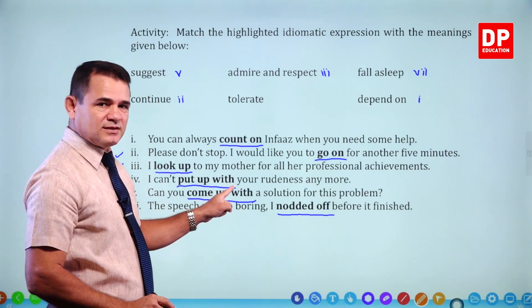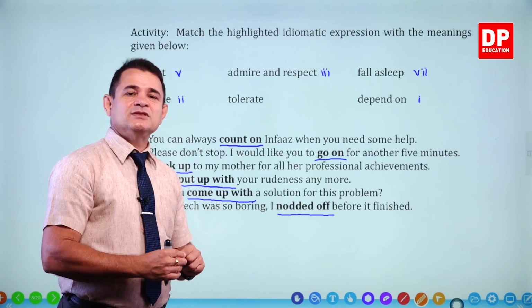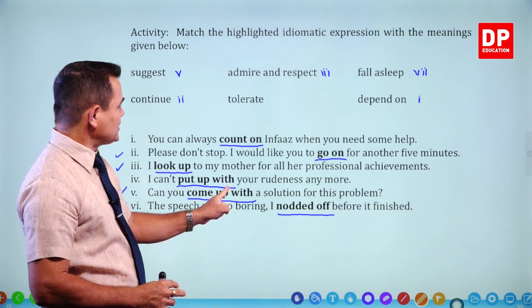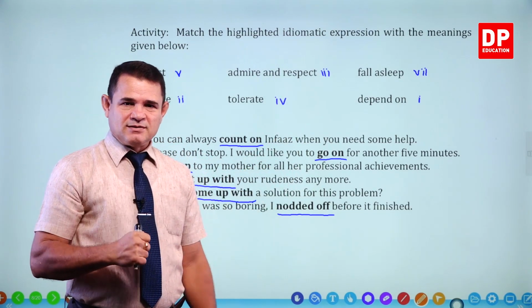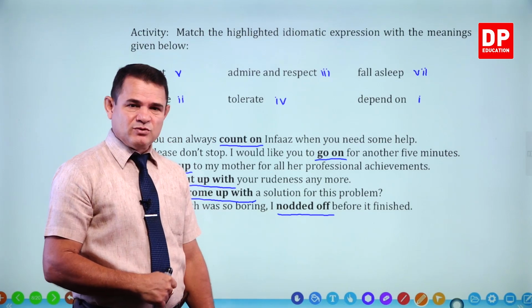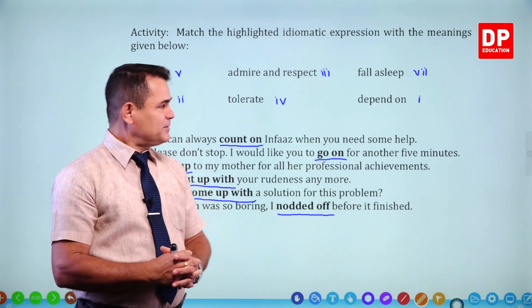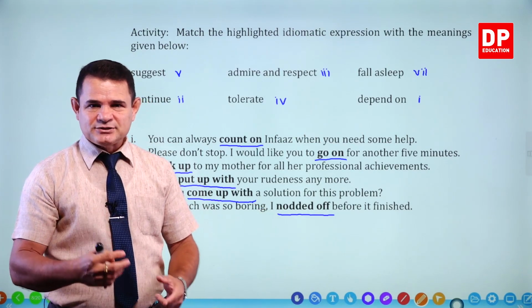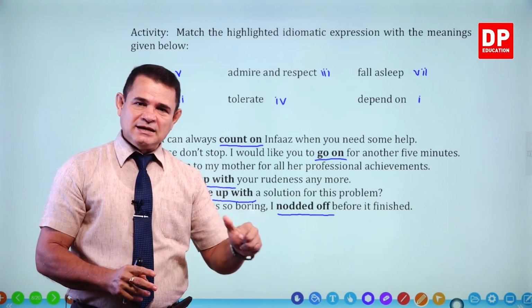I can't put up with. Here put means to place and up means above, but if you translate it like that, the meaning is wrong. The meaning changes. So put up with actually means tolerate. I can't put up with your rudeness anymore. I can't bear your nasty behavior anymore. Right, likewise, find these kinds of words, idiomatic expressions, and don't give word by word meanings. You can't understand them by translating word for word.